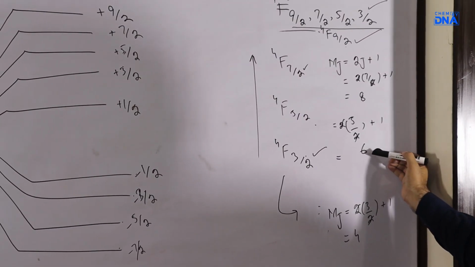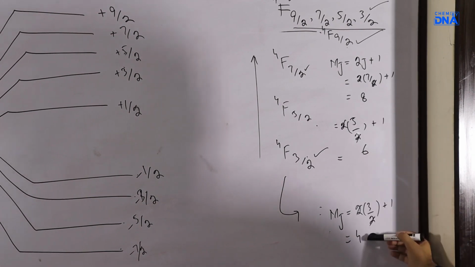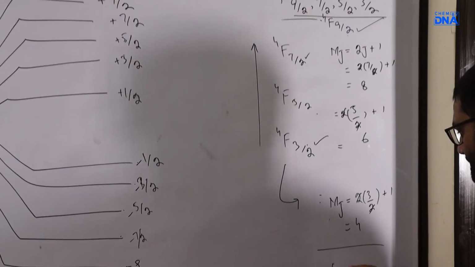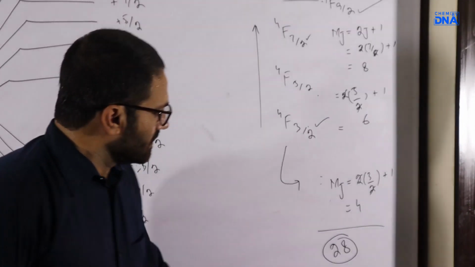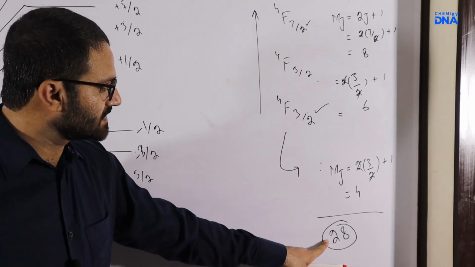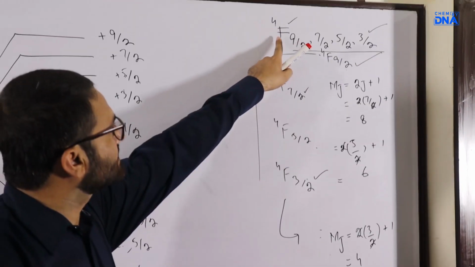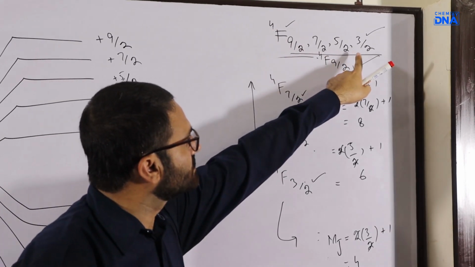Total 10, 18, and plus 6, 24, 24 plus 4, 28. 28 energy levels are going to be obtained in case of this single term, which is having 4 J values,